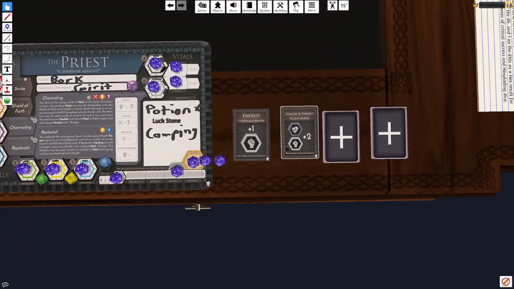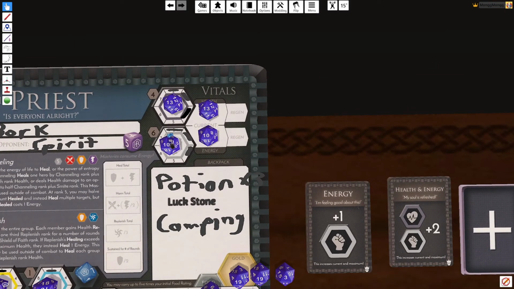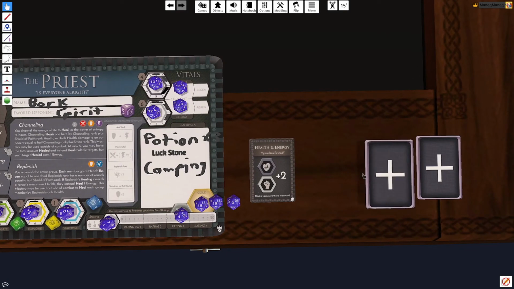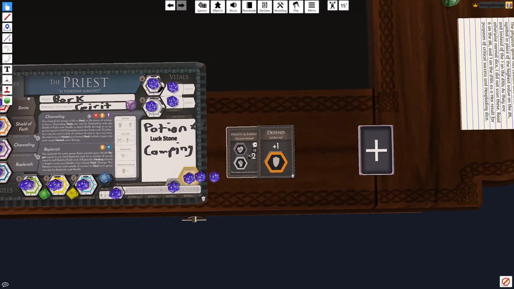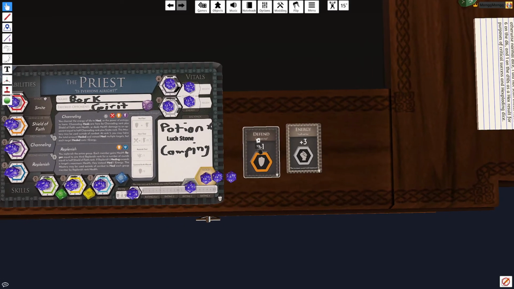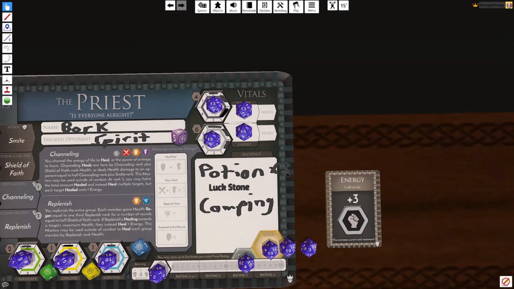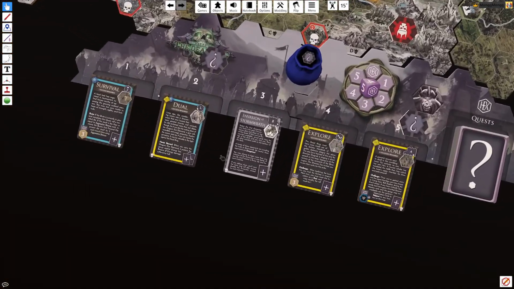For Bork, he gets +2 health and energy. That's pretty good. Won't complain about that. He gets +1 defense. I will complain about that. And +3 energy. Now that's pretty sweet. Alright. Good. For the new quests we got